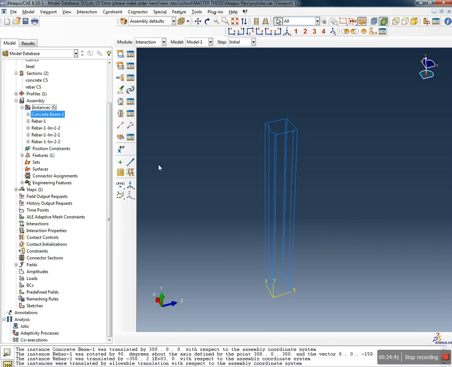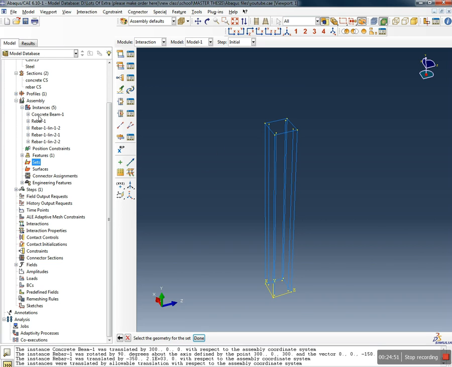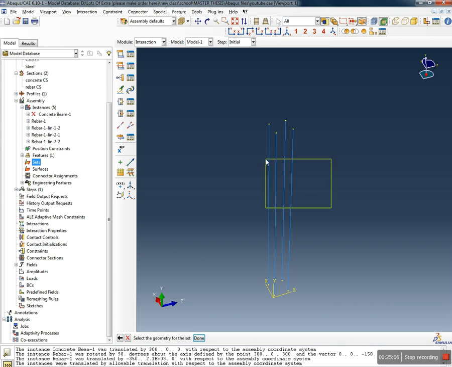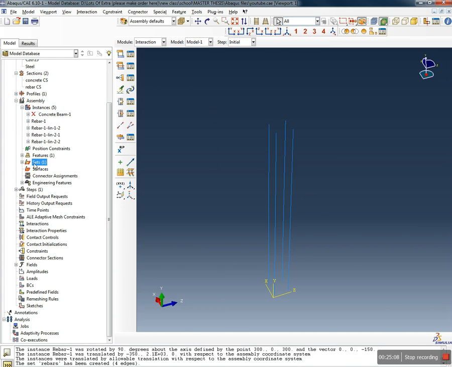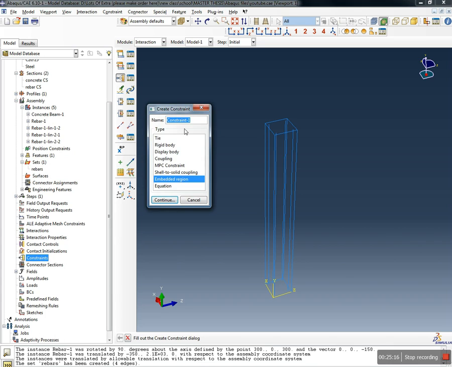We will just define some sets. So we go to sets, and we have the set, let's call it rebars, and we continue. And now we suppress the beam, and okay, go to sets again, sets. And we have rebars, we continue, we select everything, done, and we have our set. And now we can just resume this, go to constraints,